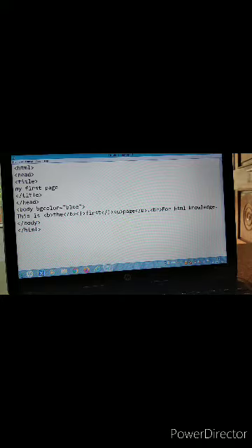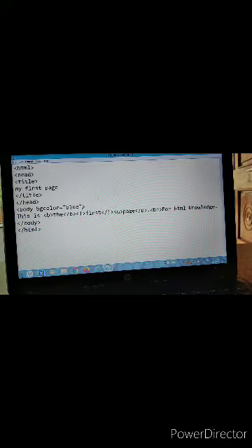You can see the whole color of the body, the whole color of the web page, will be changed to blue. If you are not inserting that attribute, the default white color will be there, as you have already watched in the last video.